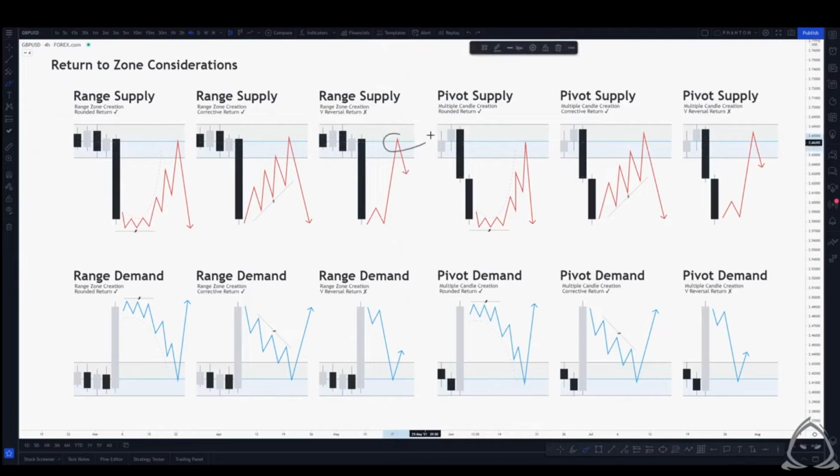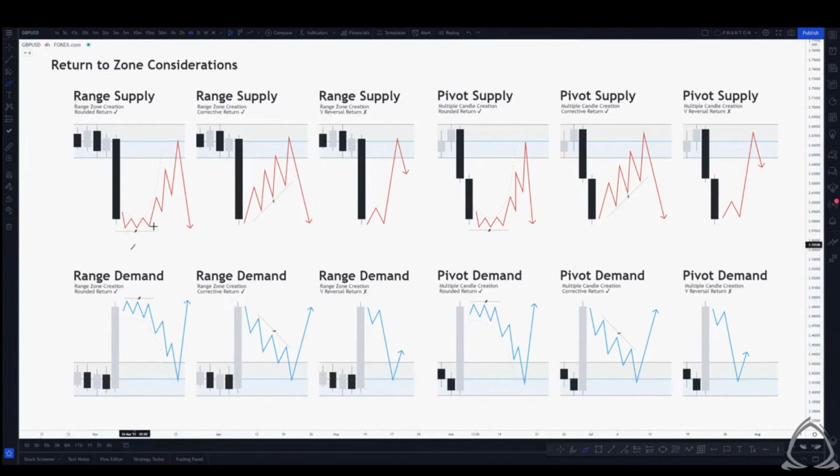More often than not, what that's going to imply is that price is not going to hold that supply level. What you may see is price move to the downside and then begin to move back up into the upside. And then the cycle would begin where you might actually be interested in looking for demand zones that were created on this V-type reversal. And it's the same premise and concept for demand zones. We get that aggressive move back in. Basically, it creates a V in price. It absorbs all of the demand there. But what we'd be looking for more than likely is a supply zone to be created for price to move to the downside. It's not to say that the V returns don't work, but statistically comparing them against these two,